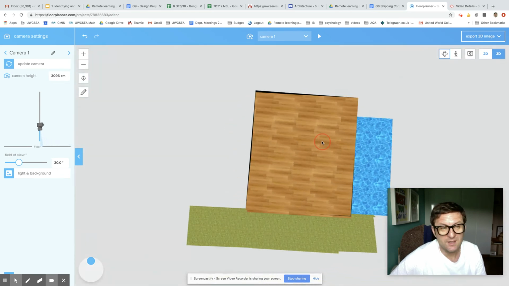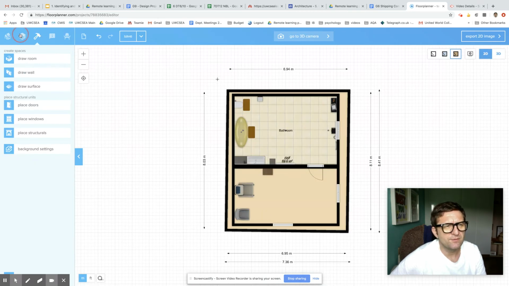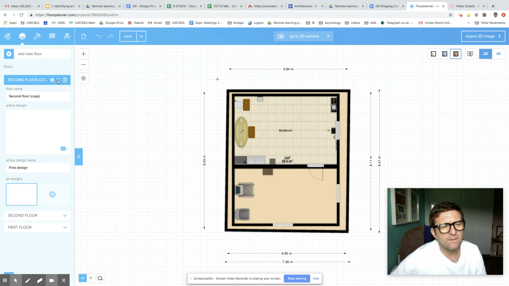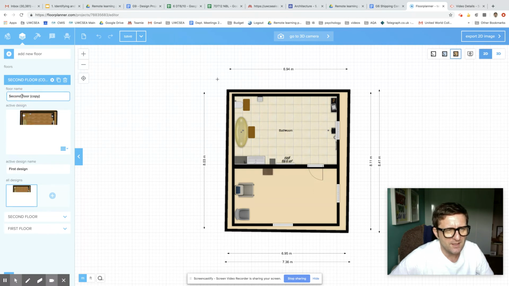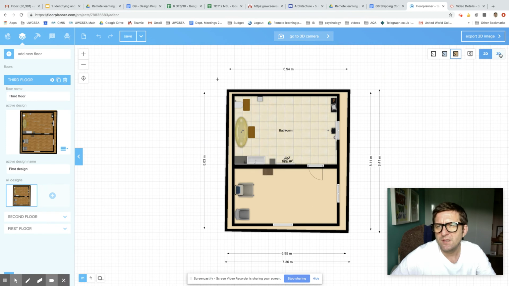Now if I wanted a third story, I go back again to 2D and go back to floors. It makes sense to copy the second floor now because it doesn't have a doorway, a garden, or a swimming pool. Let's see if this will update if I copy it. Let's click on that. Now I get a second floor copy. Let's change that to third floor and get rid of the copy. Now if I go back to 3D again,